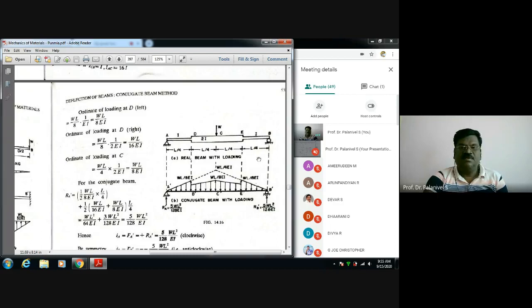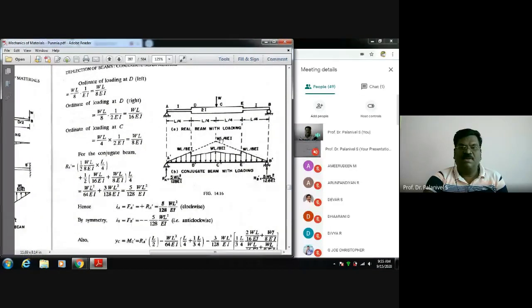So when you draw the bending moment diagram, WL by 4 divided by EI should be the actual one here, because the flexural rigidity is double here. So WL by 2EI, and 4 is already there, so WL by 8EI. It's not 8EI, some other value; you have to find it. No problem, so like that it is given.